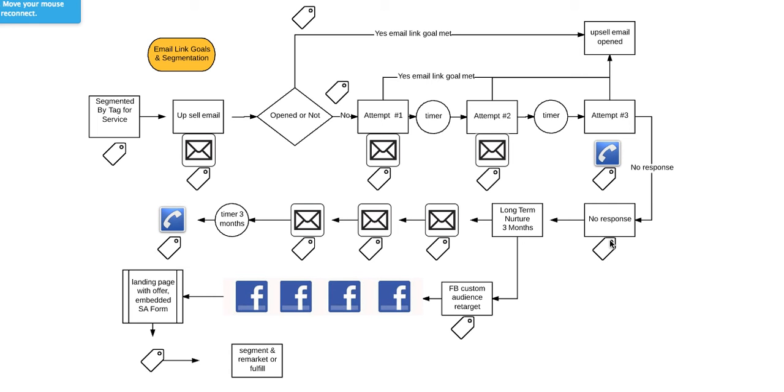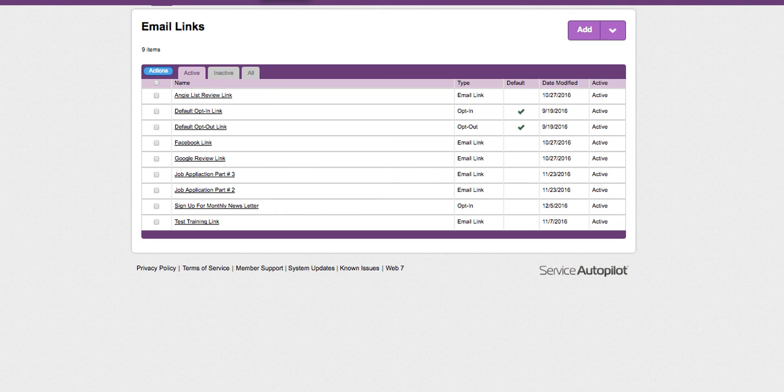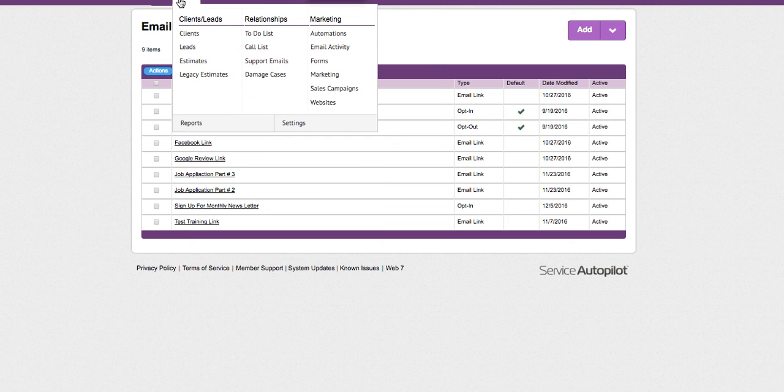And also, based on this tag, we can create an exported list and upload it into Facebook to create a custom audience that we're going to retarget with Facebook advertising, driving them to a landing page with a Service Autopilot embedded form to hopefully close the sale on the upsell. So I'm going to hop into email links real quick to show you what an email link looks like before I finalize this video. So you are going to go to CRM settings,